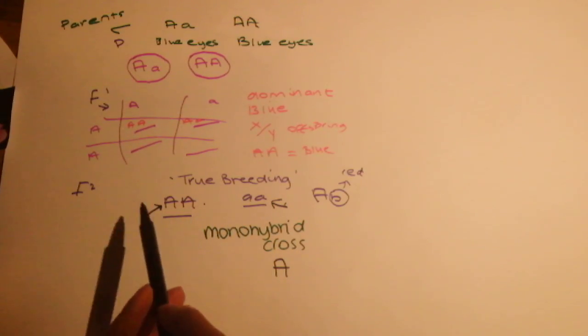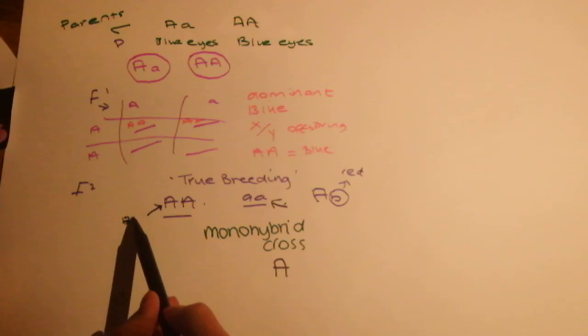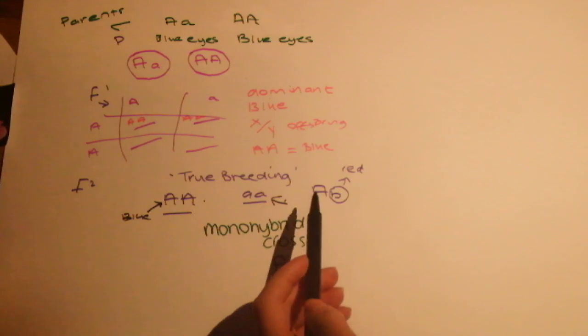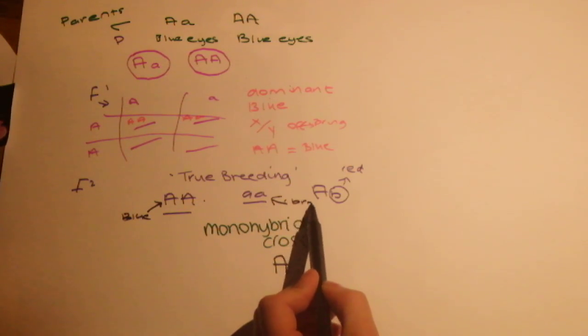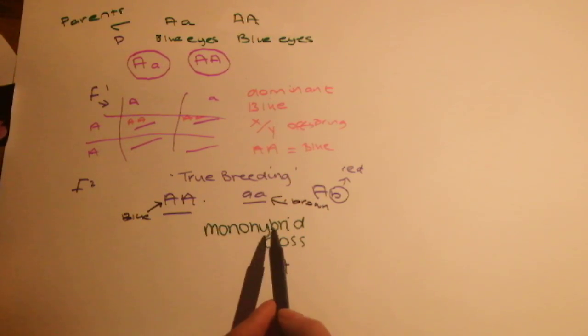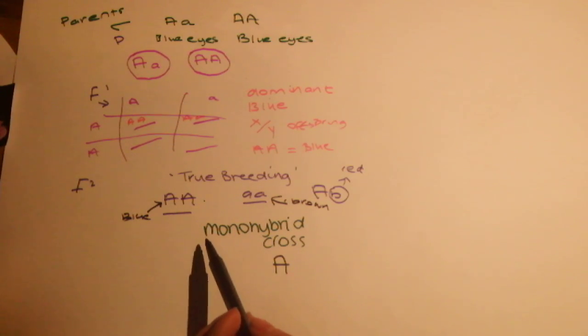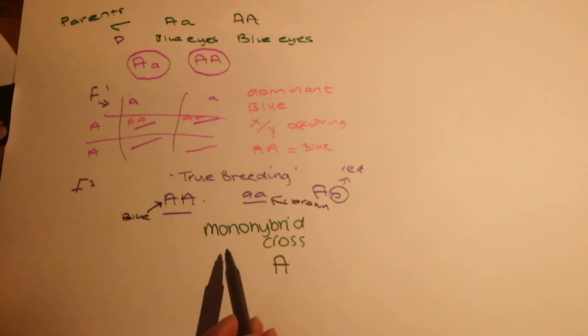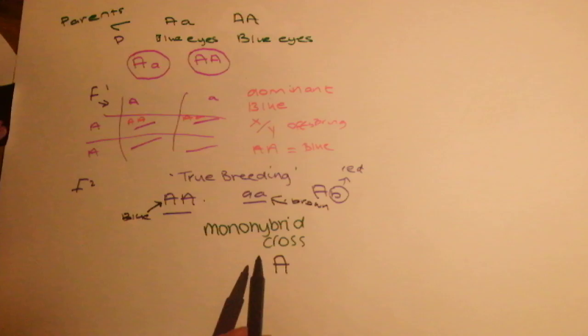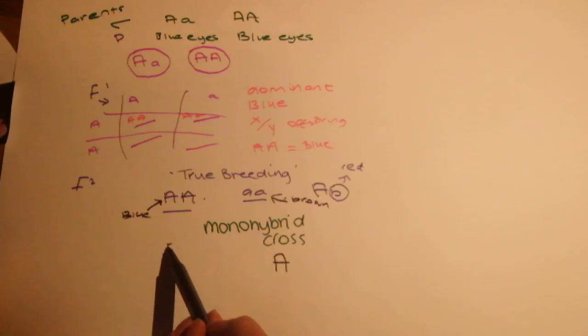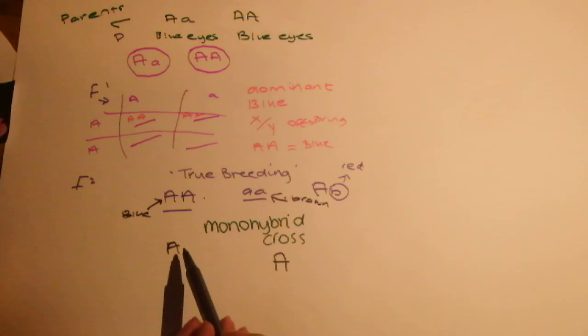So say the two big A's is going to be blue eyes, and then the two little A's are going to be brown eyes. The child, or the offspring, is always going to have either the brown eyes or the blue eyes. However, if you have a heterozygous, so you have a dominant allele and then a recessive allele,